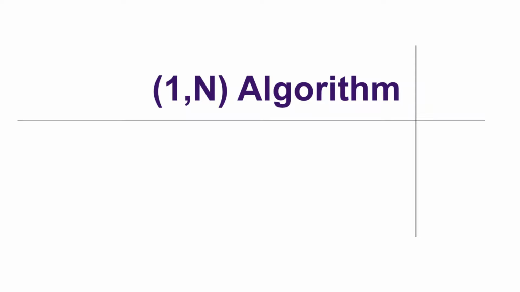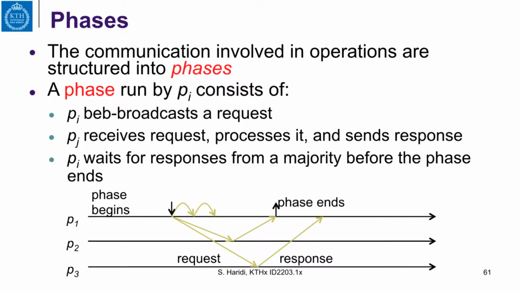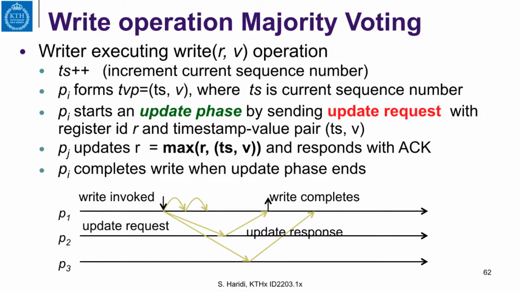We discussed the first single writer, multiple reader, linearizable algorithm. We start by using the same algorithm that we use to implement a regular register. If you remember, we had this idea of phases, and a phase consists of broadcasting a request and waiting for a majority. The phase ends when you get a response from a majority, and all other responses after that are ignored. And the write operation did an update phase